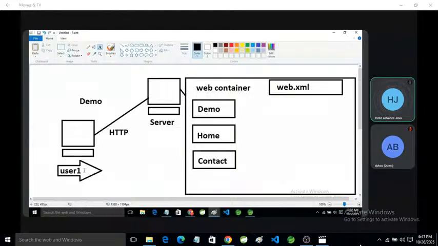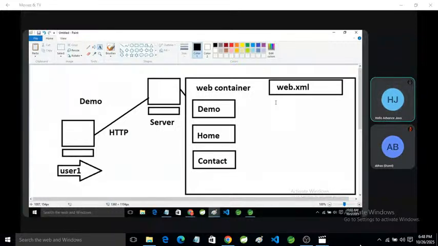So if a user sends a request for any servlet, suppose the demo servlet, the server transfers that request to the web container, and the web container checks in web.xml whether the demo servlet exists or not. If demo exists in web.xml, it will get the package name, URL, and servlet name, all the information from web.xml.